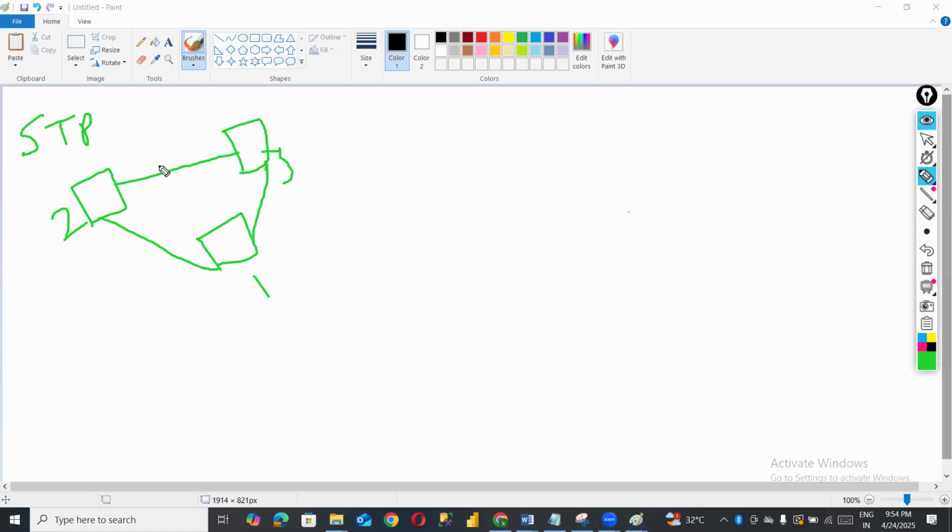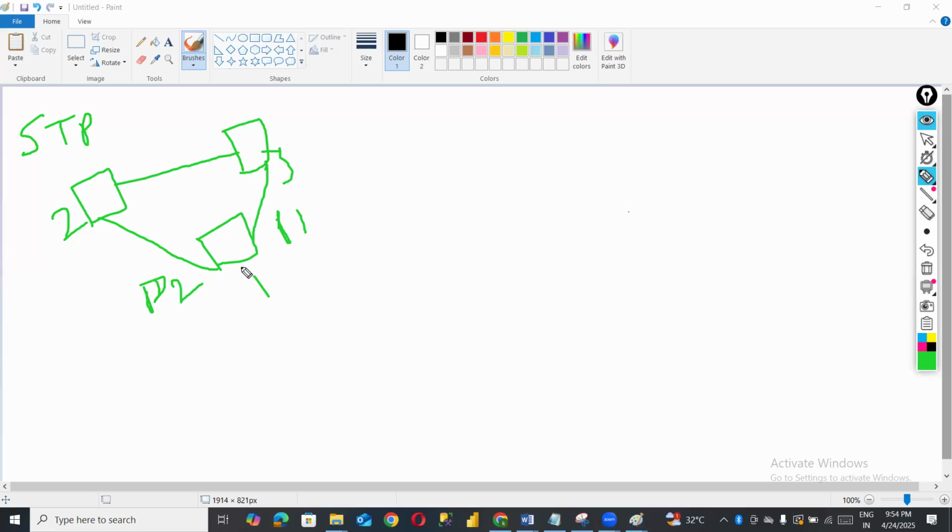To avoid this, what will the switch do? First, the switch will find the best path for it. After finding the best path, since we have two paths, path 1 and path 2, whichever path STP prefers, it will allow, and the other path it will block,